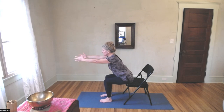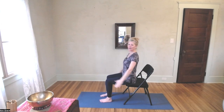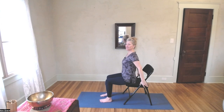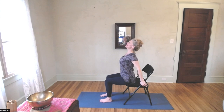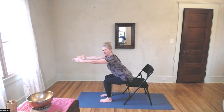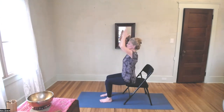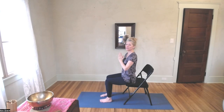Exhale, reach, nice and strong. Inhale, arms rise. Exhale, swing them behind you. Inhale, heart lift. Exhale, reach forward, so strong. Inhale, arms rise. Exhale, hands to heart center in our Anjali Mudra, this gesture that we see a lot of